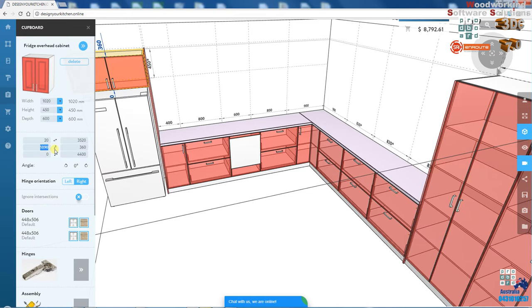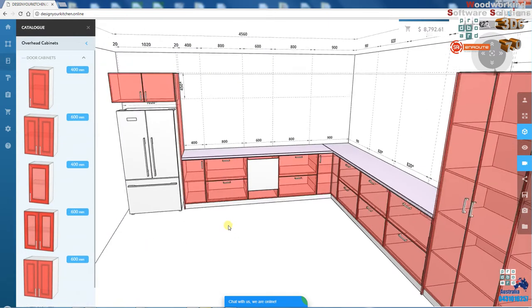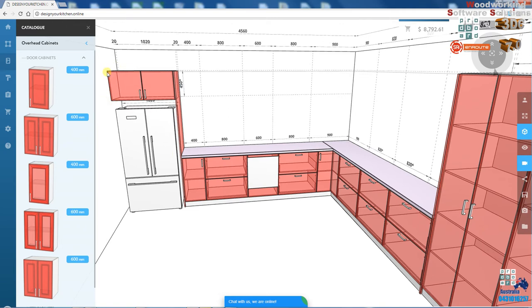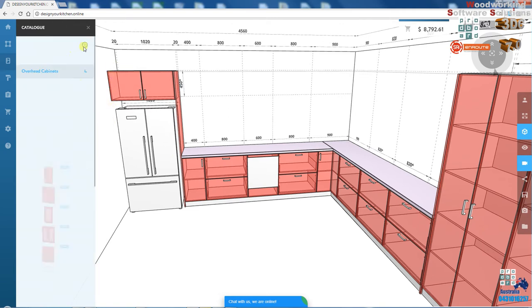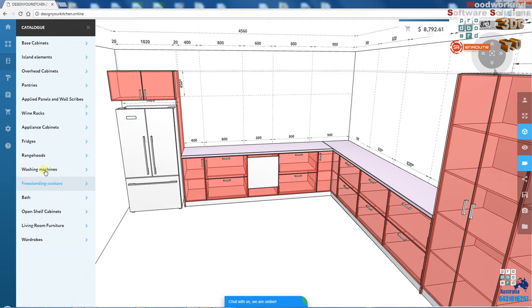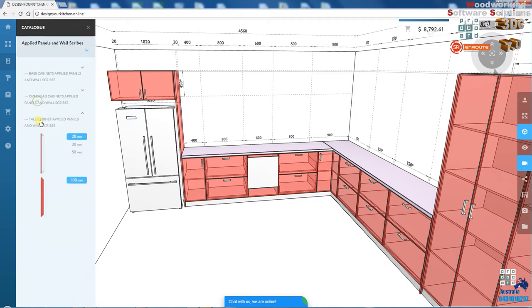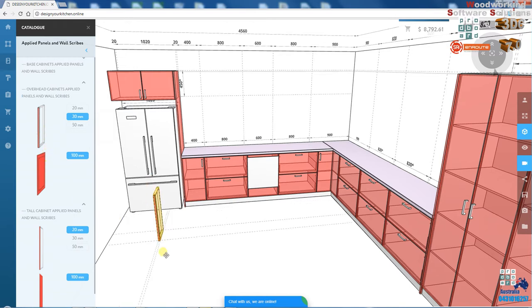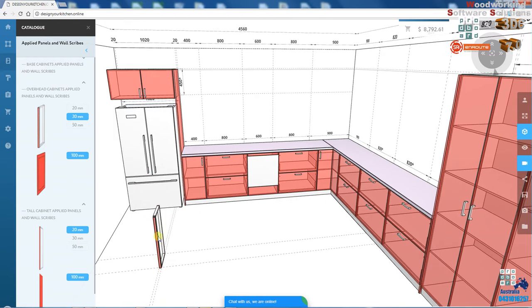So let's say put 1.9, 1.910. Okay, and this looks pretty right. So we can check the wall scribe against this wall. So we will go in, apply panels and wall scribes, and we will choose the wall scribe for the overhead. So this wall scribe should be